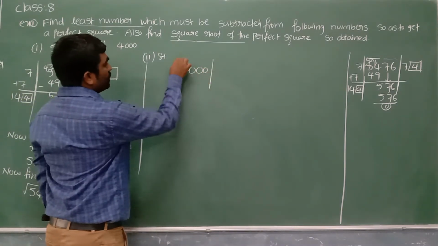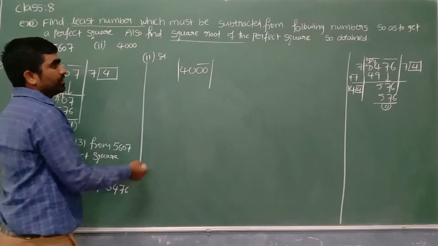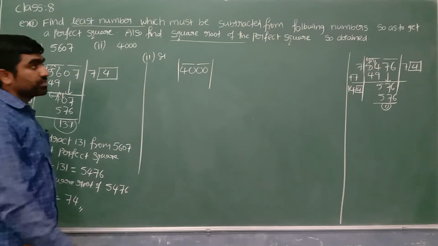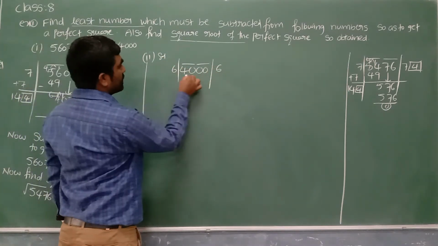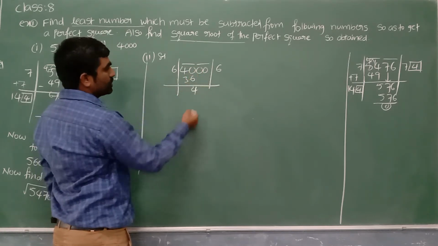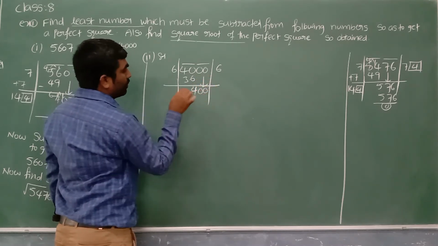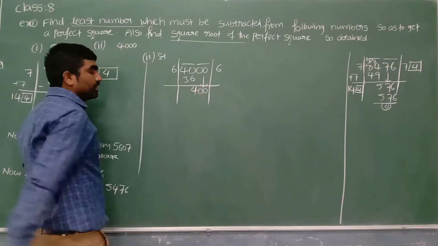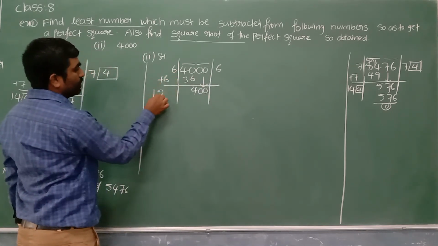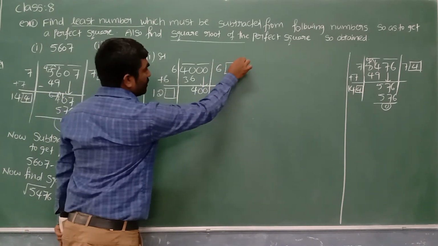4000. Place the bar from the ones place for every pair of digits. Below the first bar I can see 40. The nearest perfect square of 40 is 6 6 36. 40 minus 36 is 4. Below the second bar I can see two digits. Those two digits we take down at a time. 400 is the new dividend. Now this quotient 6 we add here. 6 plus 6, 12. Beside that 12 we will keep one box, and beside 6 also we will keep one box.